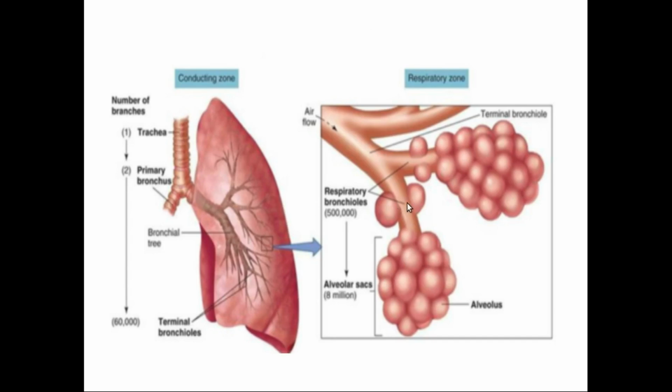The bronchioles deliver air to tiny sacs, the balloon-like structures alveoli, where oxygen and carbon dioxide are exchanged. Alveoli are an important part of the respiratory system, as we see that it is the site where gaseous exchange takes place.